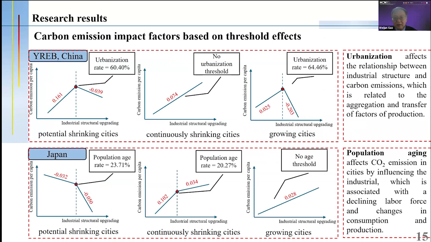And we quantify how the shrinkage effect, the urbanization level and the aging rate change the relation between the industrial structure and the carbon emission, as shown in this slide. The results suggest that different carbon emission management models are necessary. For example, in China,